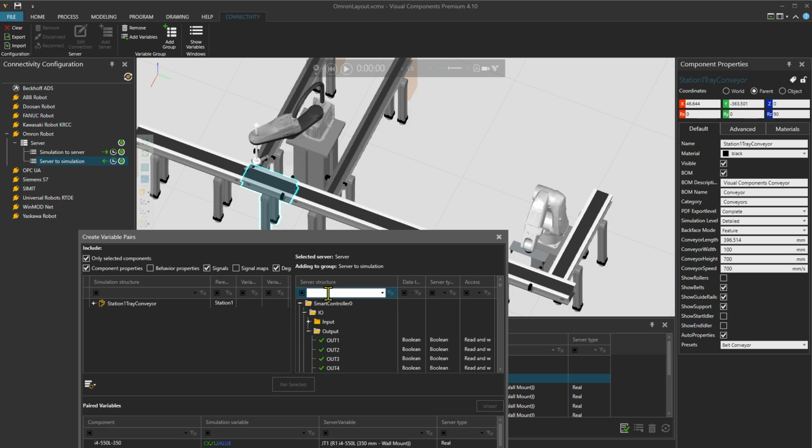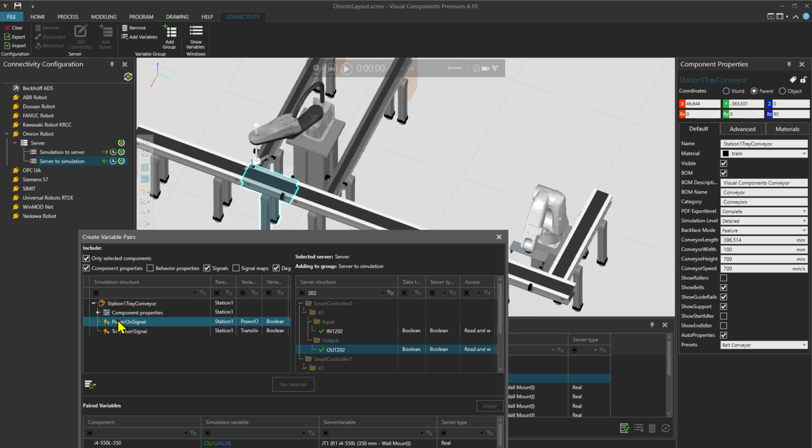So then searching using 202, select output 202 and expanding the Station 1 tray conveyor on the left, select the power on signal to map it directly and click Pair Selected.